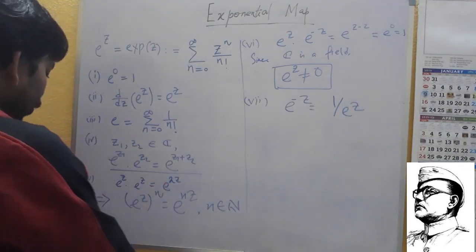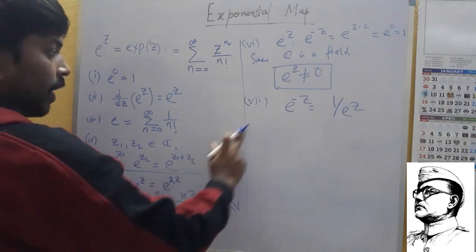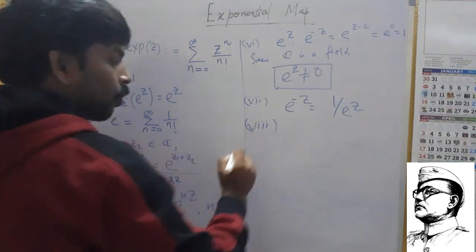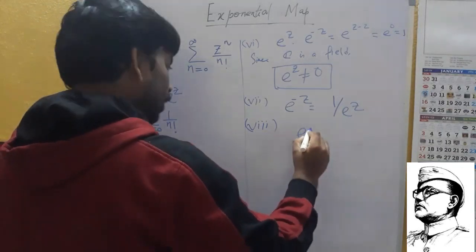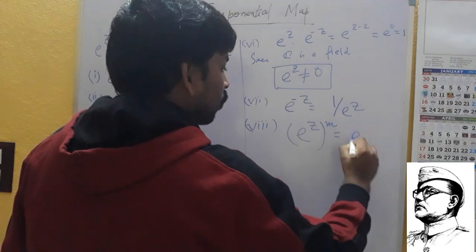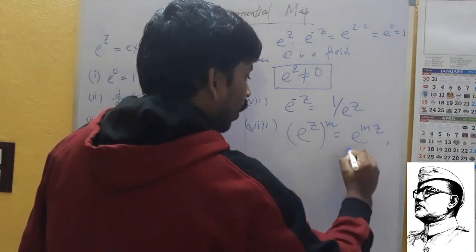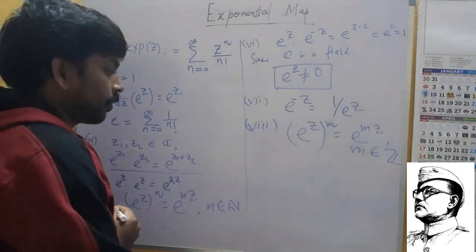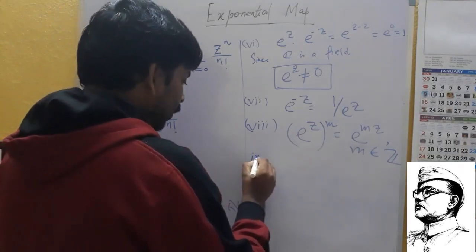So, now using 5 and 7, one can prove that e to the power z whole to the power m equal to e to the power mz, where m is an integer, correct. Next property,